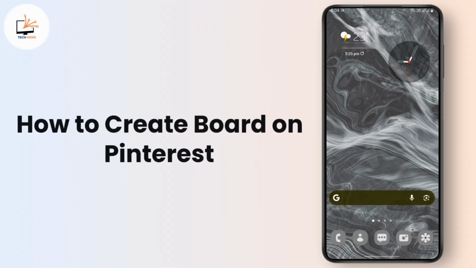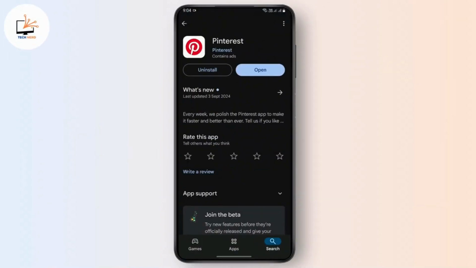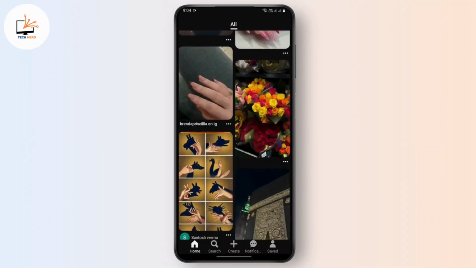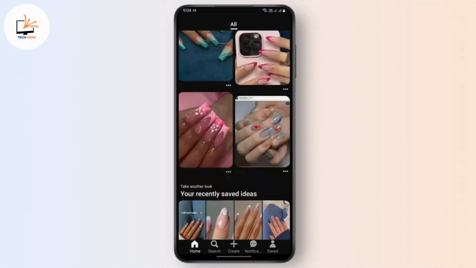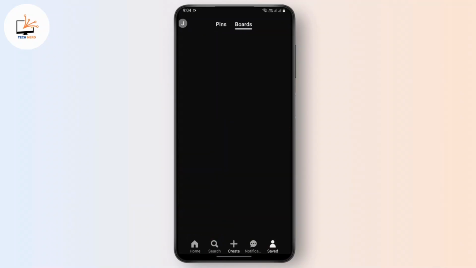how you can create your own board on Pinterest. To do that, if you're on your phone, you may simply download the Pinterest application or you may browse pinterest.com. After that, you can see your home page filled with lots of ideas that you would like to include on your board. To create a board, you simply tap on the create option, or you can tap on the save option,